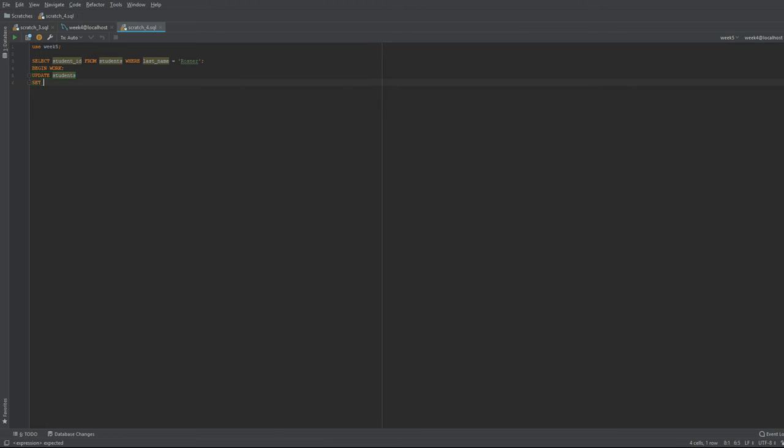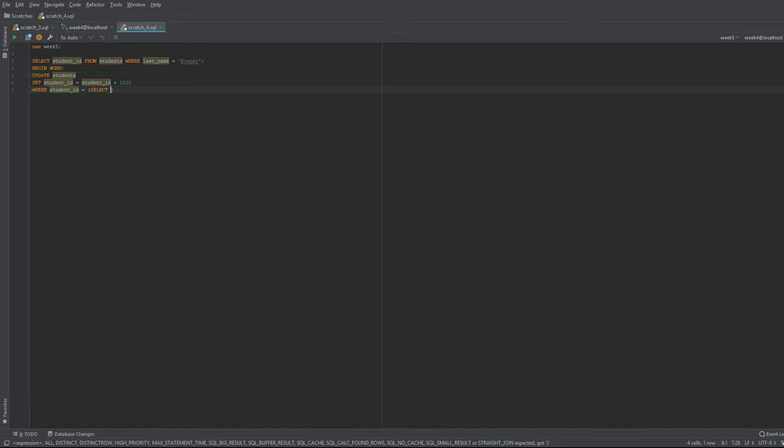And we're going to set the student ID equal to student ID plus 1000. Okay? And then we're going to take this from where the ID is equal to,